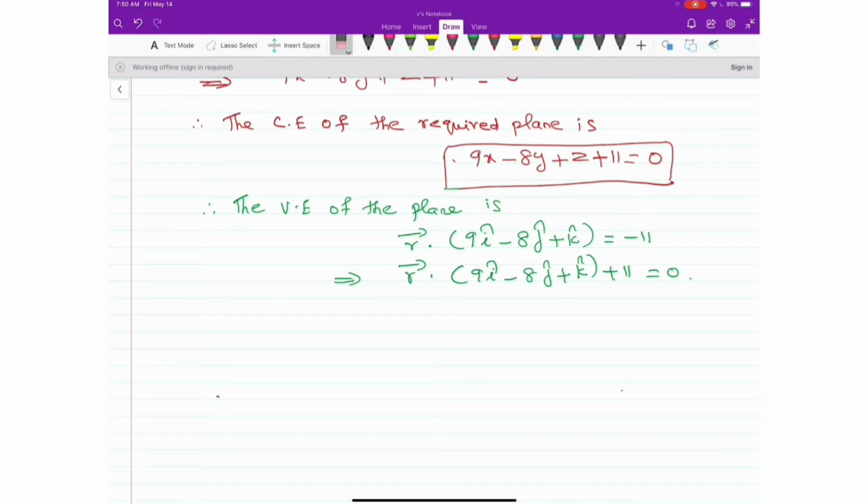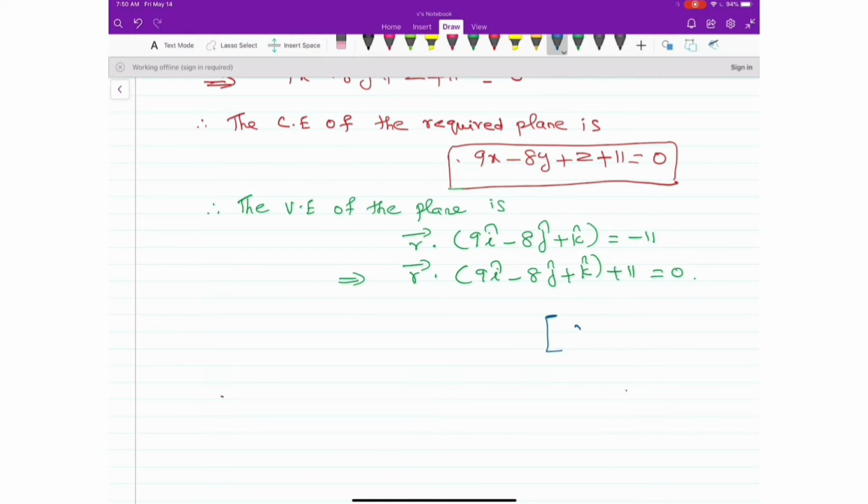I will just give you a recall of how to get this equation, but there is no need for you to write this, it's only for your reference. If you take x, y, z as any arbitrary point on the plane, then the position vector of that point can be written as r vector is equal to xi cap plus yj cap plus zk cap. If you write this in this place and take that dot product, you will automatically get this Cartesian equation of the plane.